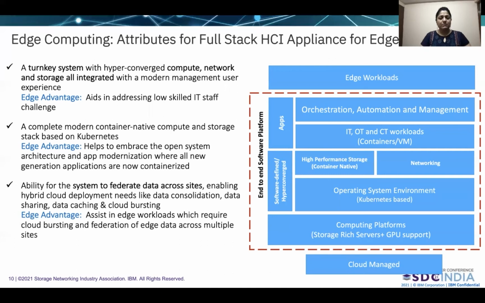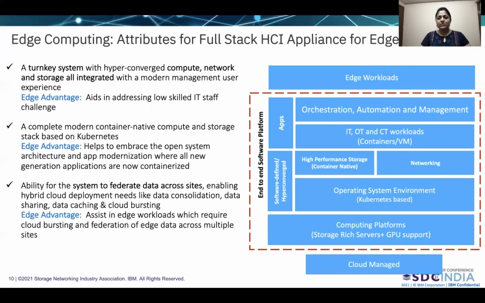The next important attribute is the ability for the system to federate data across sites, enabling hybrid cloud deployment, which enables use cases such as data consolidation, data sharing, data caching, and cloud bursting. In edge computing, where data sharing and communication with other sites become very important, this assists workloads which require cloud bursting and federation-like use cases.